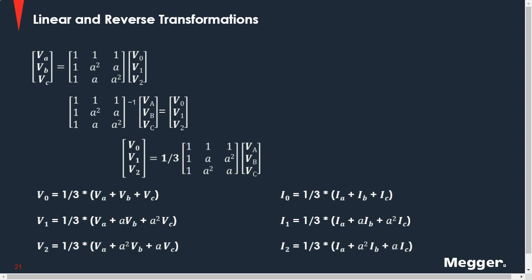As we see here, we have a linear transformation, and then reverse transformation. And then this leaves us finally with our sequence equations. And we've been working with the voltages. However, this also applies to the currents as well. We see our I0, I1, I2 equals